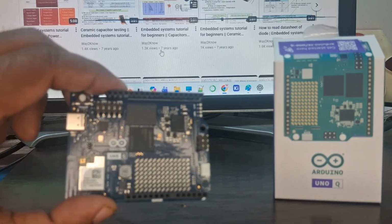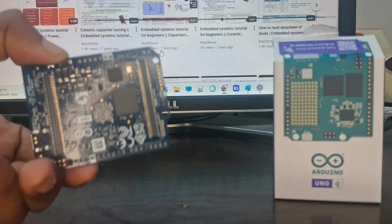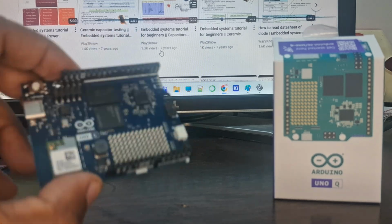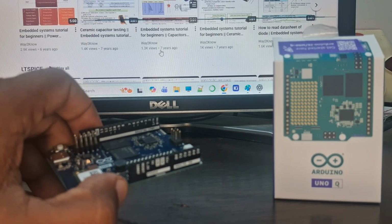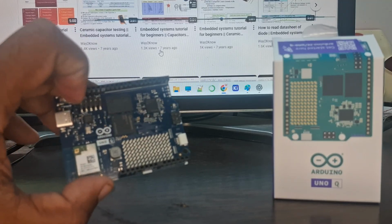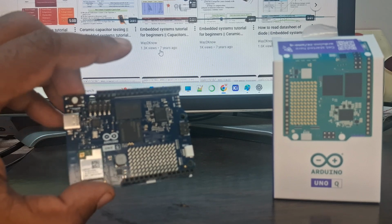And then if you go to the top, this board, unlike the other single board computers in the market, you don't need an SD card. The board itself has an eMMC, which, if I'm correct, is around 16 GB, present on this board, which is sufficient enough. And this board comes in two variants. So when you are buying a board, if you are looking for high processing capability, ensure that you buy the 4 GB RAM board. Right now what we have in hand is the 2 GB LPDDR4 RAM variant. And then